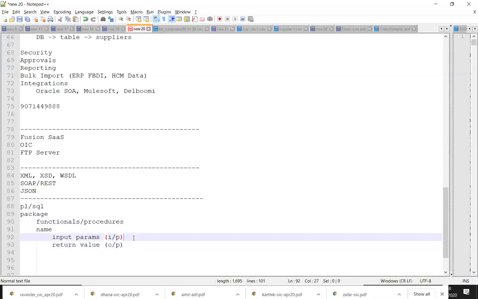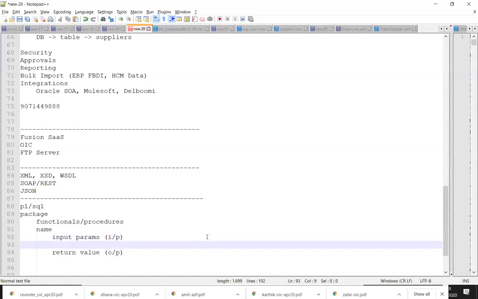Now when you are saying input parameters, what are you going to say? For input parameter, I'm going to say employee ID number, correct? Like this. And then if you want to take some varchar, you may be having some other param 2, and I would say varchar2, like that. So for every field or every parameter you are going to accept in your function or procedure, you will have some data type defined, or it could be some table type also. You may be creating some table type, and then that custom type also you can put here.